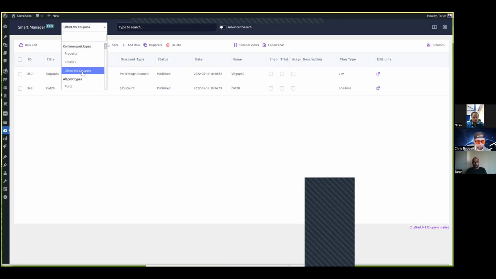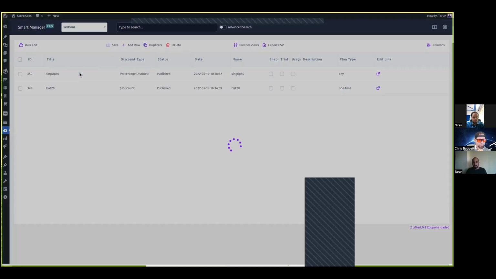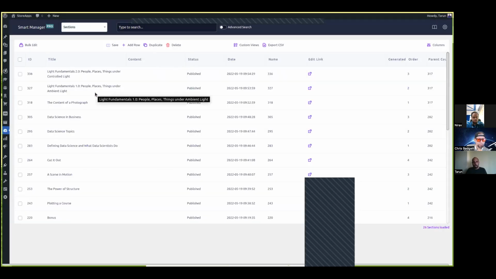And not only coupons, let me show you all the things that are there from LifterLMS. So let's see, we have sections. I'll just visit each dashboard for a moment. Here it will have this kind of section. It will also give you a link like, okay, this is the parent course in which it has been linked. So let's say I want to know how many sections one course has. I can simply search with that ID in the sections dashboard, and that's it. And I can export that also, or make any changes here.